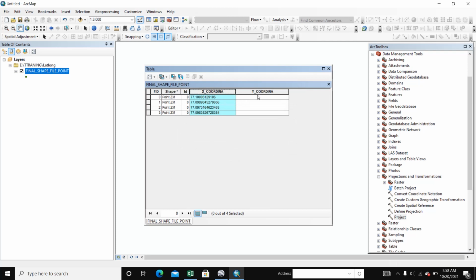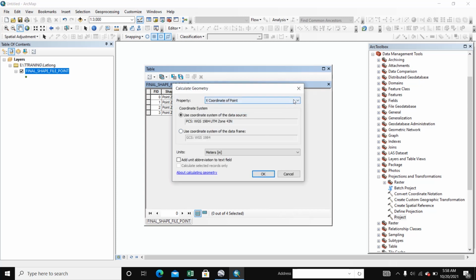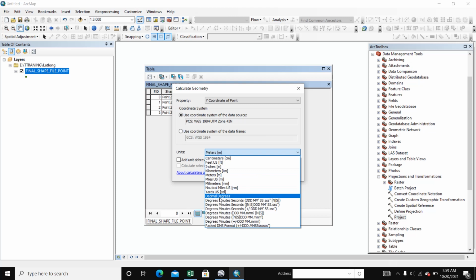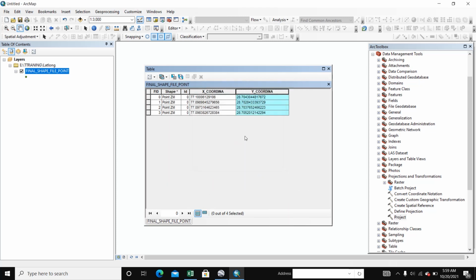Here is the X coordinate, and right click Y coordinate, Calculate Geometry, Y coordinate of point, select decimal degree and OK.